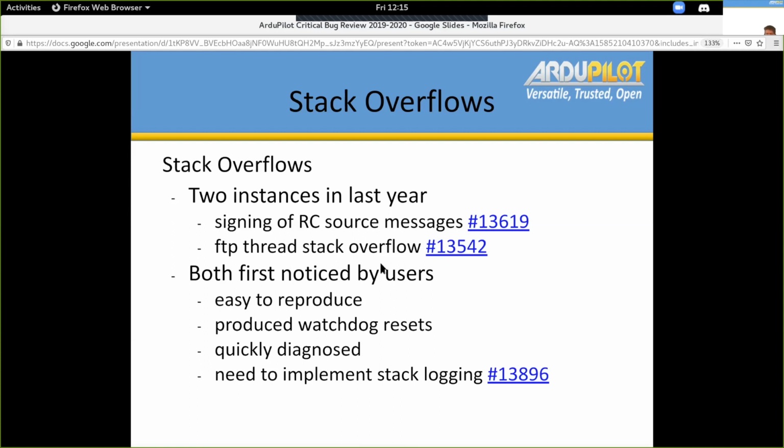Further mitigations for stack overflow include stack logging, where we proactively check how much of the stacks that we allocate for our threads have been used, and if the amount of free space on the stacks gets beneath a certain threshold, then we should probably consider that to be a critical failure of the code,